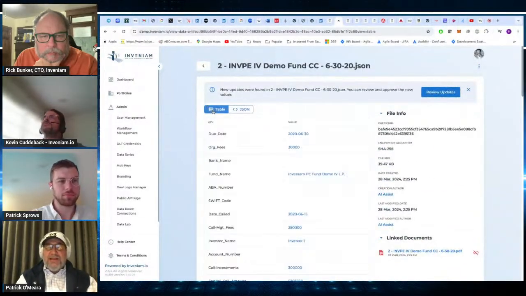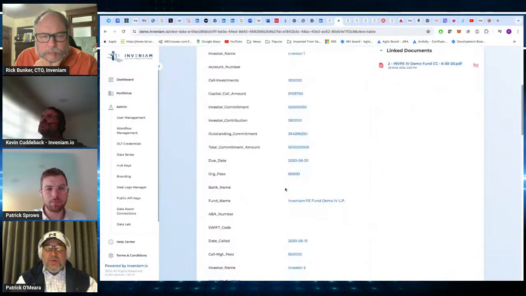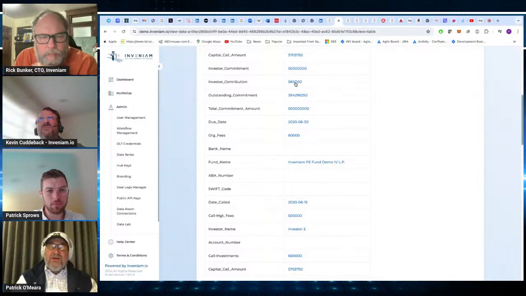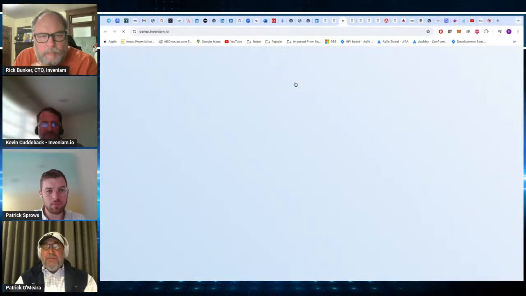So it's clickable. In table form, we can go in and say, all right, here's this asset, right? How do we know that they gave us $580,000 for that capital call? And so what we're doing is literally going,